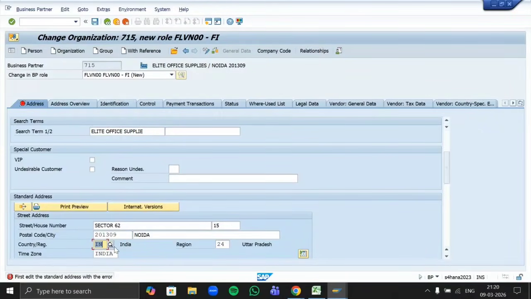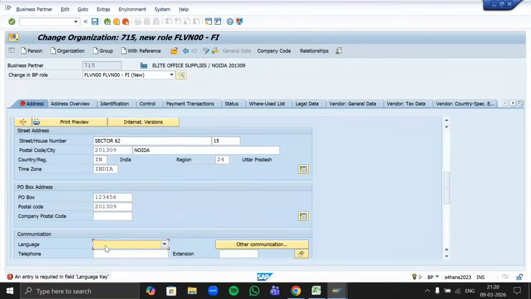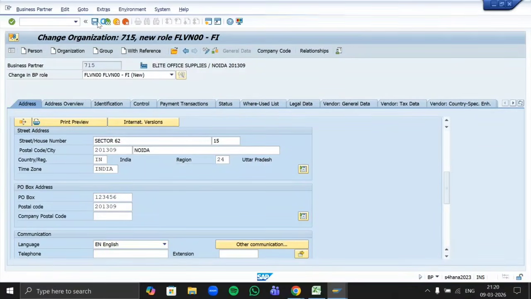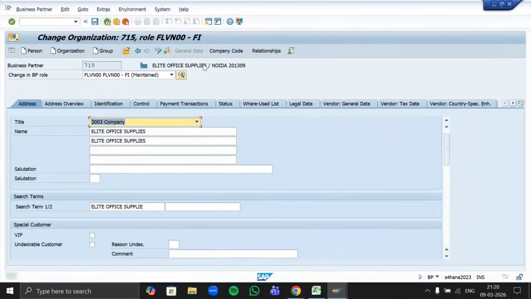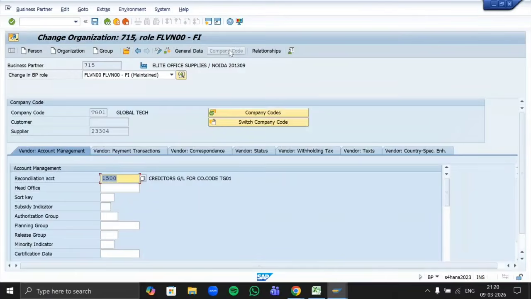First edit the standard address. So here we can see with this our Elite Office Supply is created as a vendor, as your vendor ID is generated as 23304.